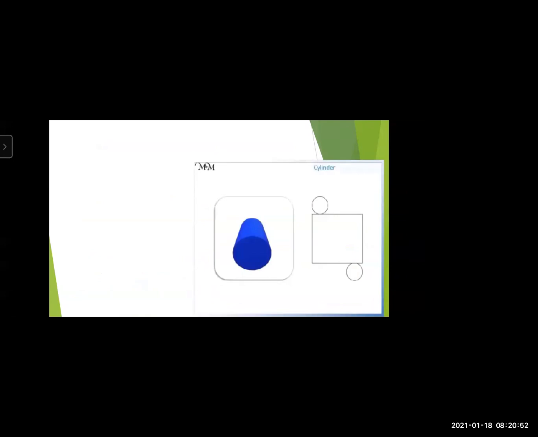Now next, what is this shape called? This shape is called cylinder. You might know this cube, cuboid, and this triangular prism. You must be very well known about this. But cylinder, you have to learn this new three-dimensional shape. What is this shape? How does it look like? And what are the shapes?